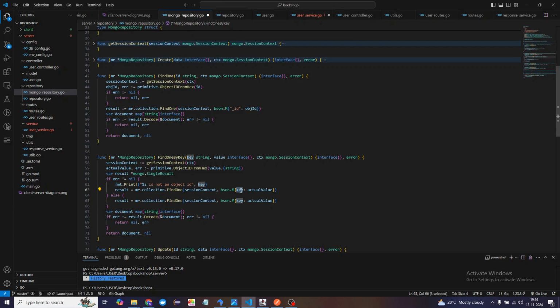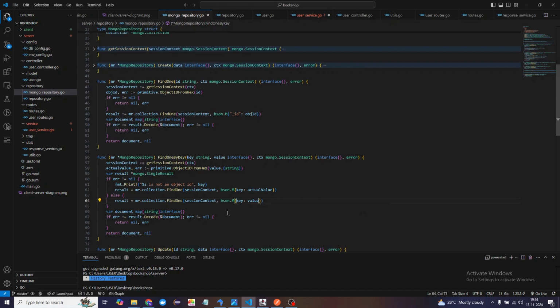So in that case, key is going to be, of course, key, and then the value is going to be the actual value, which is object ID. But if it is not object ID, in that scenario, we just need the value itself, right? I will just save it, and this way we make it more flexible so that it can adapt with any of the key and any of the value. All right. So I'll just save it, and then since we defined it here,